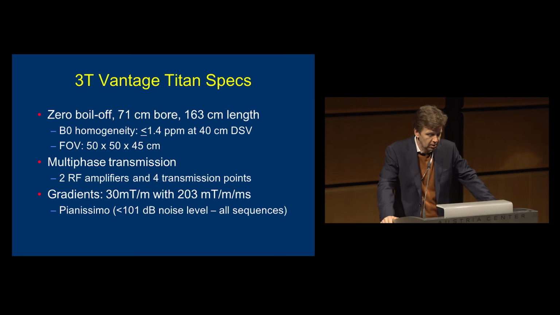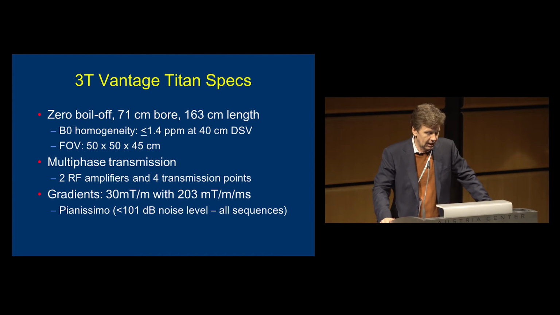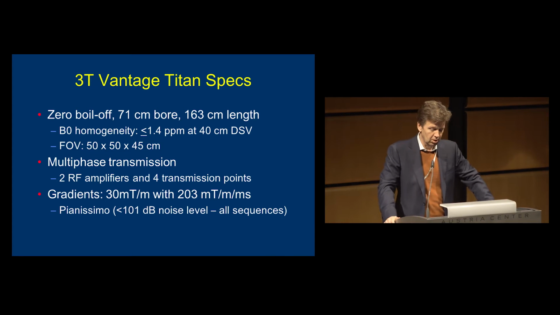Some specs, so it's very low on helium, as I mentioned already, the wide bore and the relatively short length of the bore. B0 homogeneity, which is good over a relatively large field of view, despite the short length of the bore. So that allows you to do relatively large field of views, which is good for spine imaging, for example, which can be challenging, as you might know, at 3 Tesla. Then the transmission is multi-phase with 2 RF amplifiers, but 4 transmission points, which is good for the homogeneity of the B1 field. And the gradients, we currently have a system with 30 millitesla per meter with a 200 slew